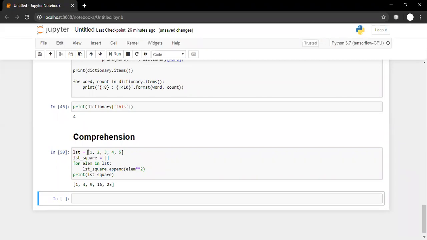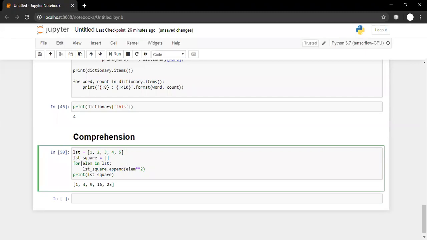So this is a list. We are taking every element of a list one by one, taking a square, adding it to another list and so on. So can we reduce this task?